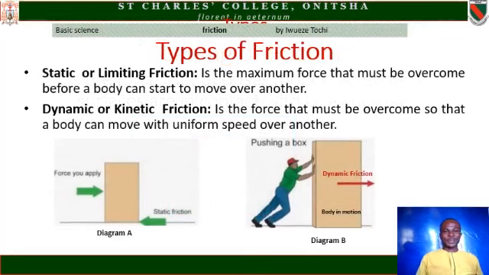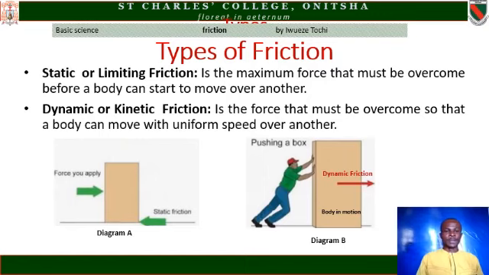Types of friction. We have only two types of friction. One, static or limiting friction. Two, dynamic or kinetic friction. Now, static or limiting friction is the maximum force that must be overcome before a body can start to move